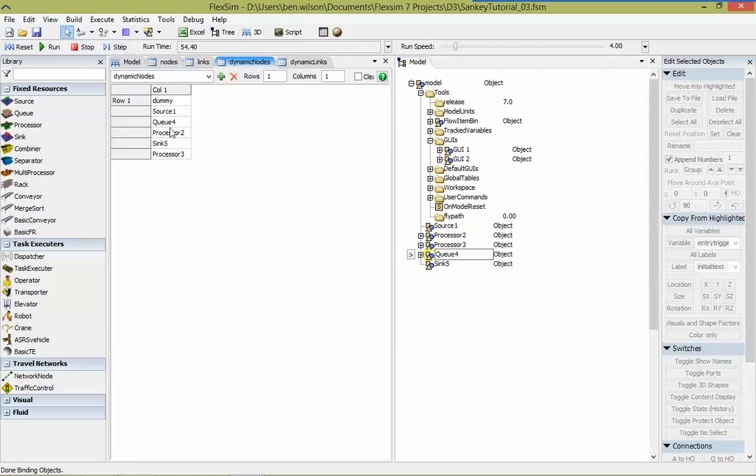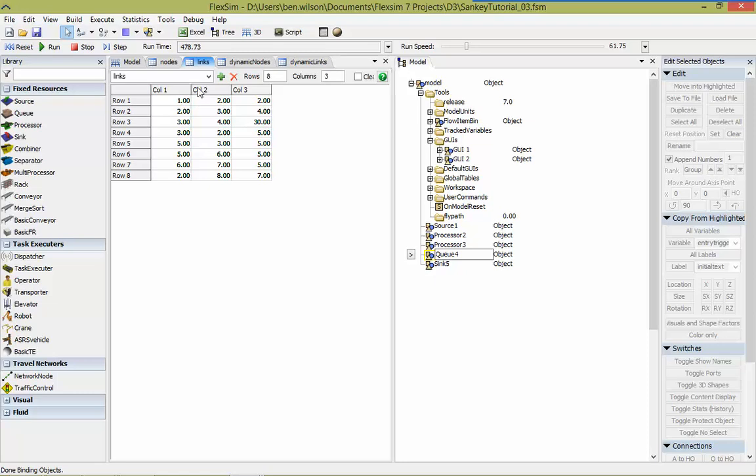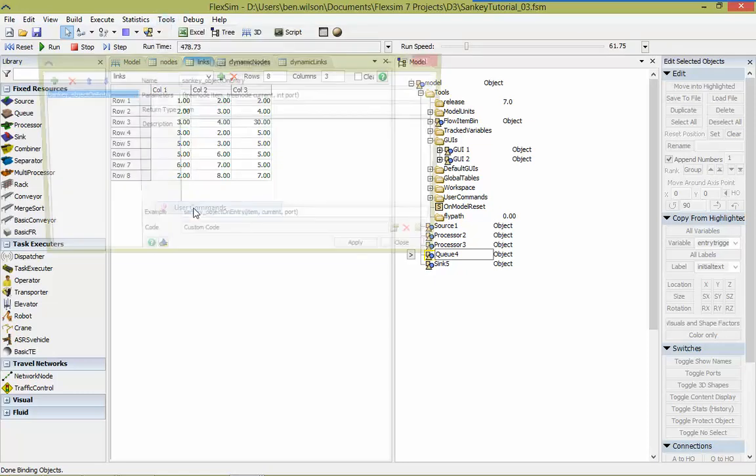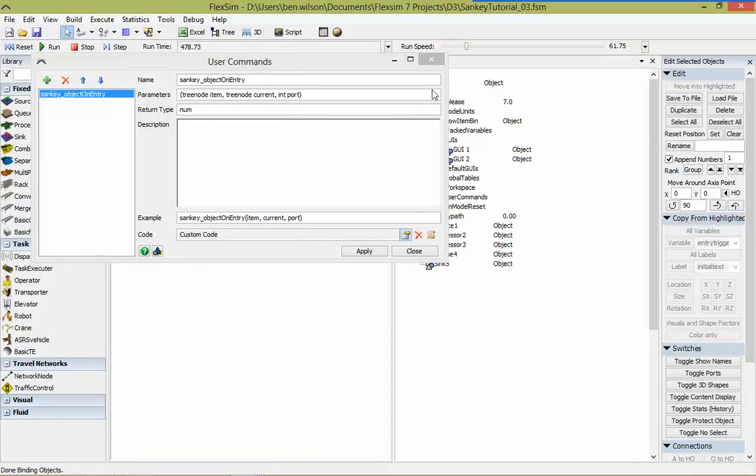Ooh, wait a minute, 5, yeah, 5 objects. So yeah, we're not getting any other objects. And there's only so many links also, right? Ooh. Looks like we're duplicating here. For instance, here's a 2-3 and here's a 2-3. That shouldn't happen. So that would be in the onEntry user command. It's adding too many links, or perhaps let's check out our